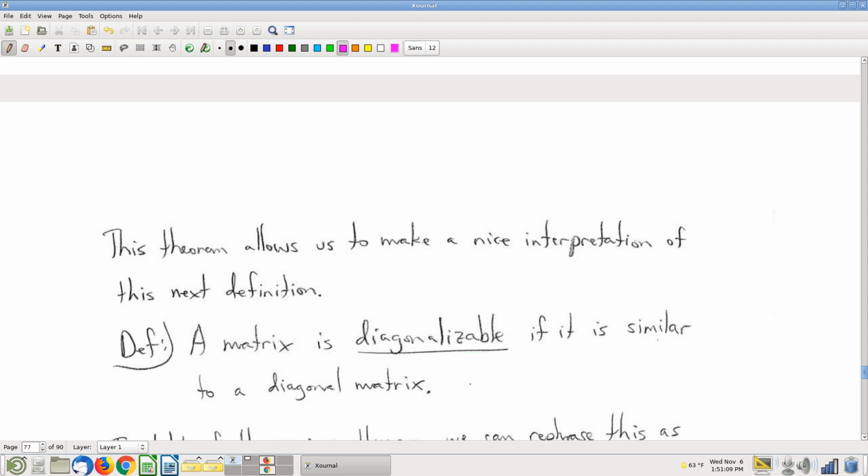Now let me give you a different point of view on diagonalizability. By the way, this next point of view is not discussed much, if at all, if I recall, in the book, but I think this is really valuable. This is the way I think about diagonalizability. It's much more intuitively satisfying for me. It goes to interpreting this word similarity that we talked about on the previous page. So let me remind you,